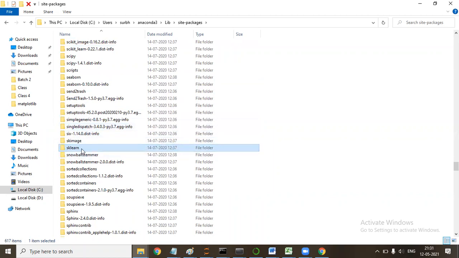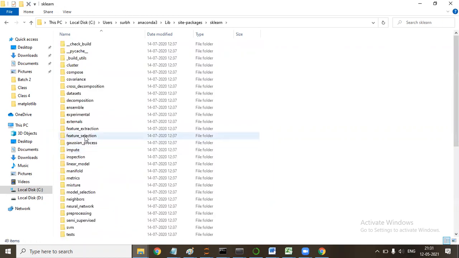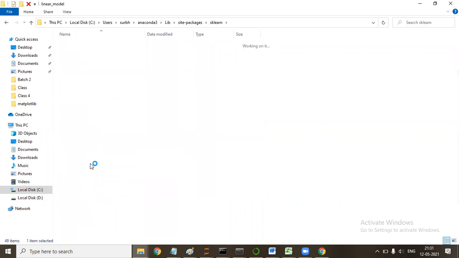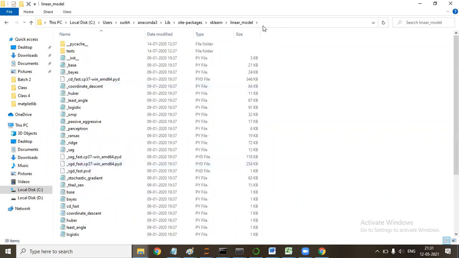You see here sklearn. I click it. What did I say? From sklearn.linear_model. I came into linear_model, you see over the top. Then I say from sklearn.linear_model import LinearRegression.